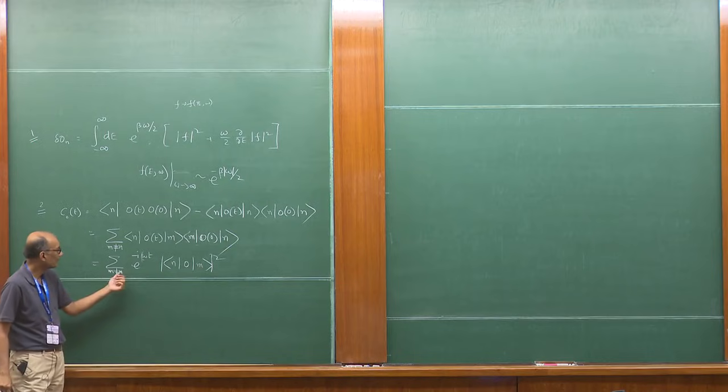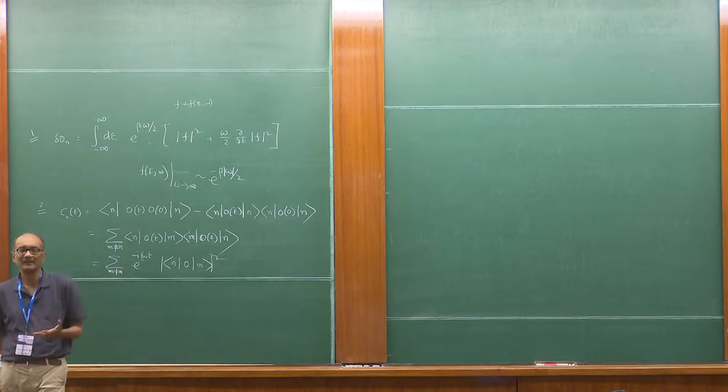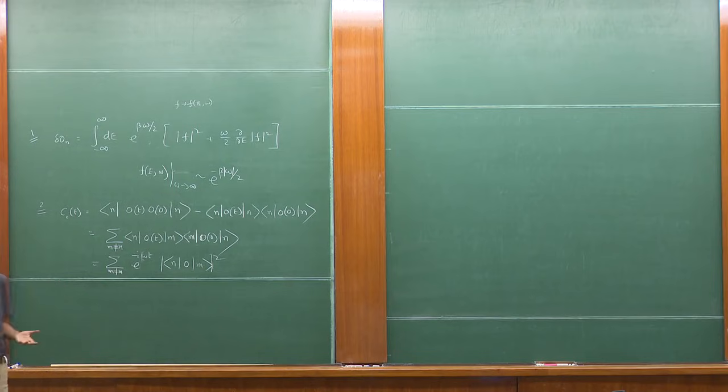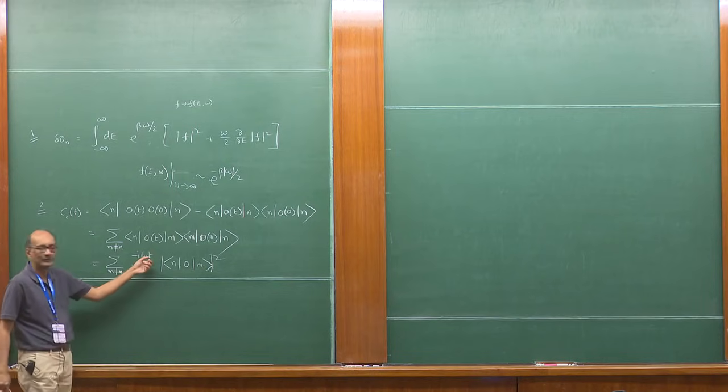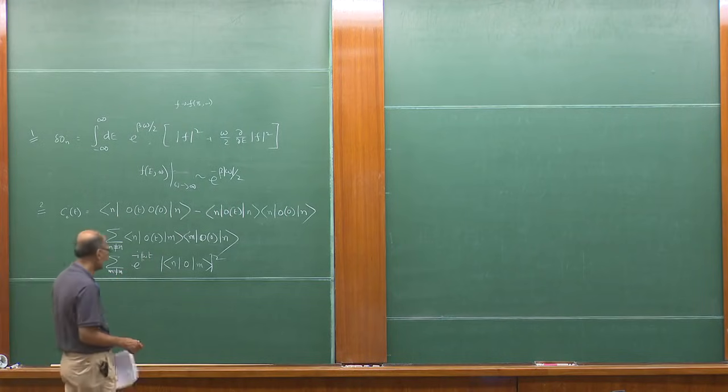Notice that the conversion of this sum into the integral is exactly the same as what I did before, except that you have to carry this e to the power i omega t factor. It's just another factor which depends on omega, so I can do exactly the same thing which I did before,